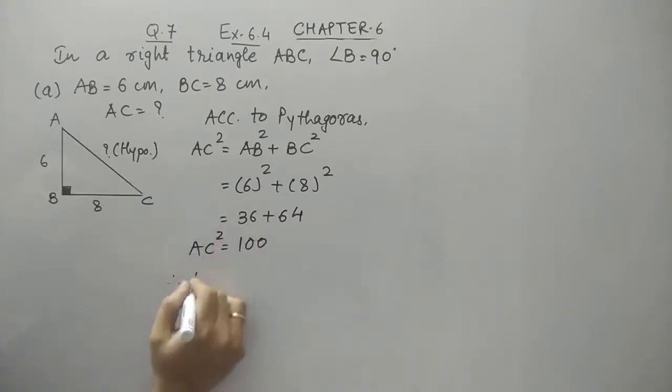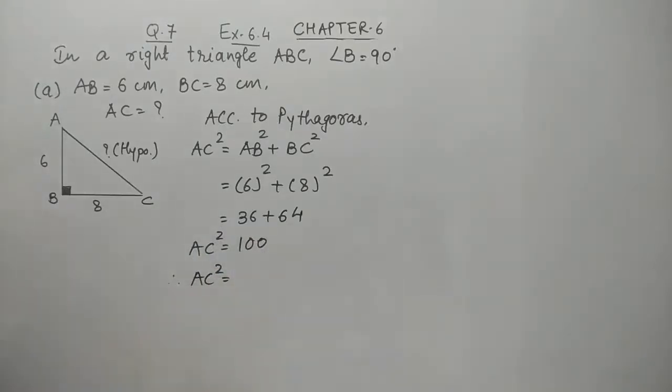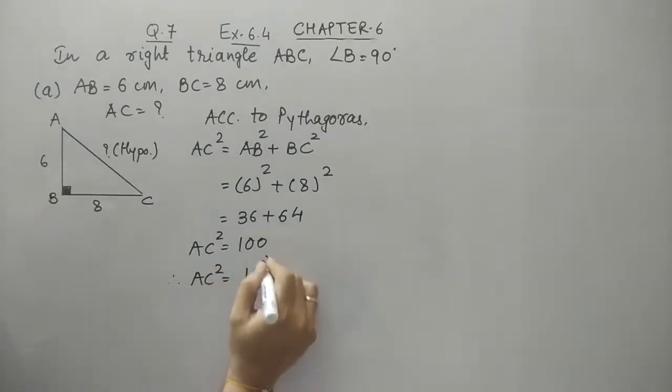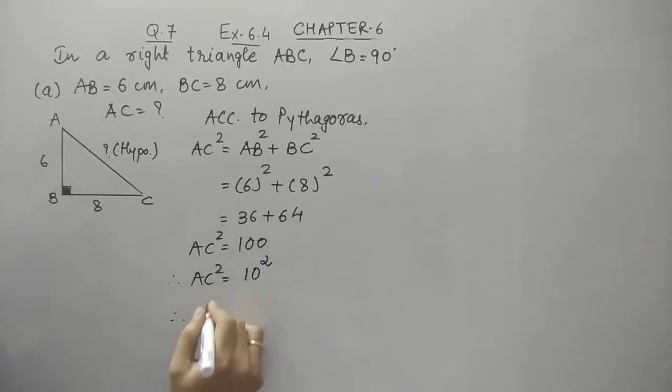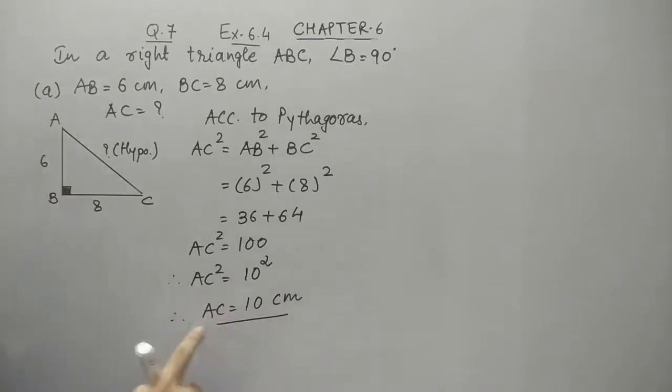We know that 100 is a square of, when we find its prime factors we will find that it is a square of 10. So when we take the square root on both sides, we will obtain AC. I have taken the square root on both sides, so the powers cancel. So AC becomes 10. Thus we can do the rest of the sums also. Let's do one more question.